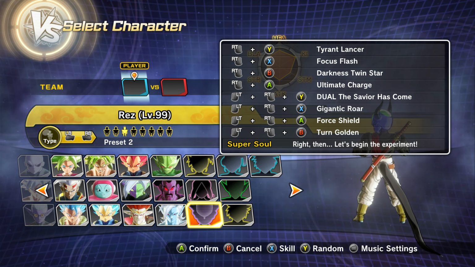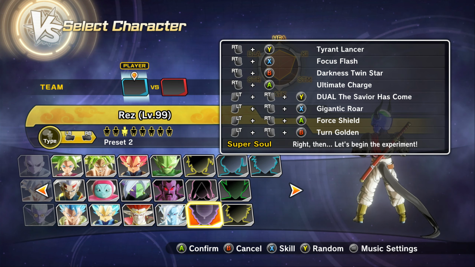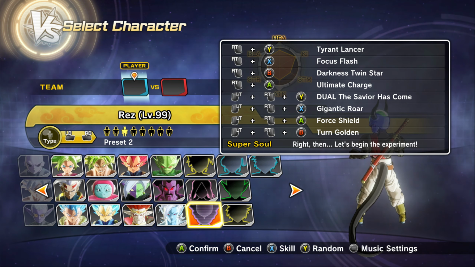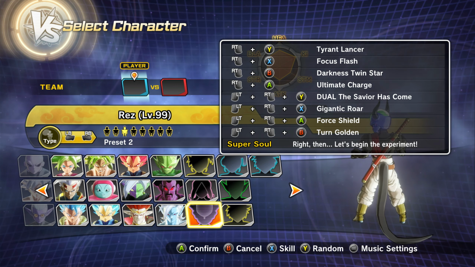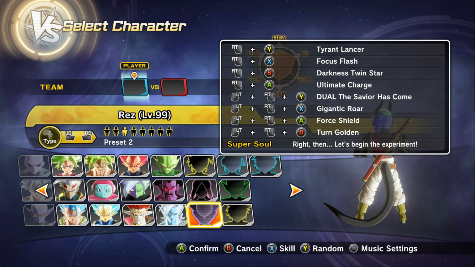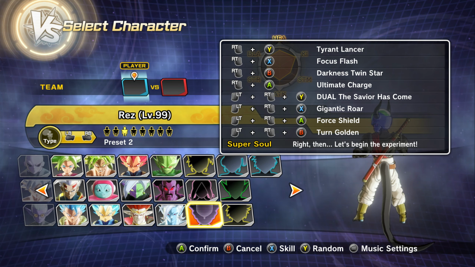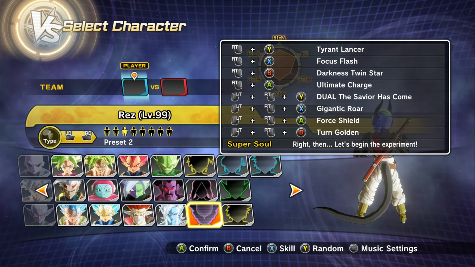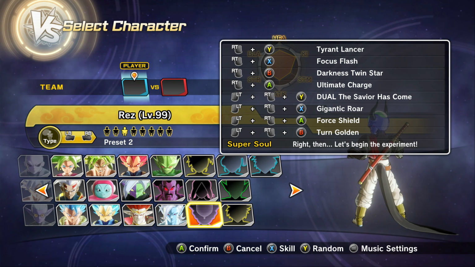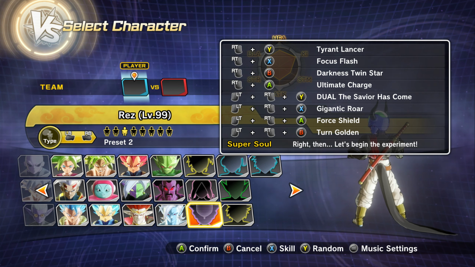This is the most common preset you will ever see me run with most of my blasters, just for obvious reasons. The ability to quickly charge ki back for Gigantic Roar, which can't be blocked. Focus Flash is just too good in my opinion to pass up, as well as Darkness Twin Star, where I could just put it up, and it blocks basic ki blasts, so I can just easily charge up. And Tyrant Lancer, if you recall what I did with Mochi, where you just rush at them, you heavy attack, use it right away. Very abusable, especially if you're really fast, like I'll be demonstrating with